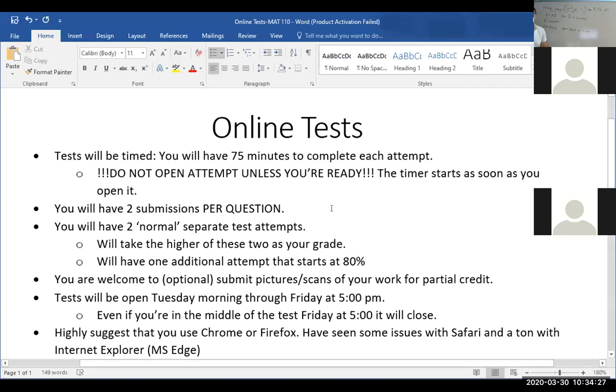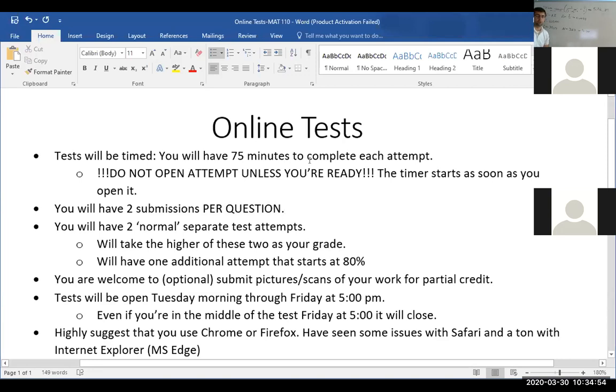So again, these tests are done through WebAssign, and it will look just like your other assignments, but it will say test on it. It'll also have a little clock because it's timed. You will have two normal attempts